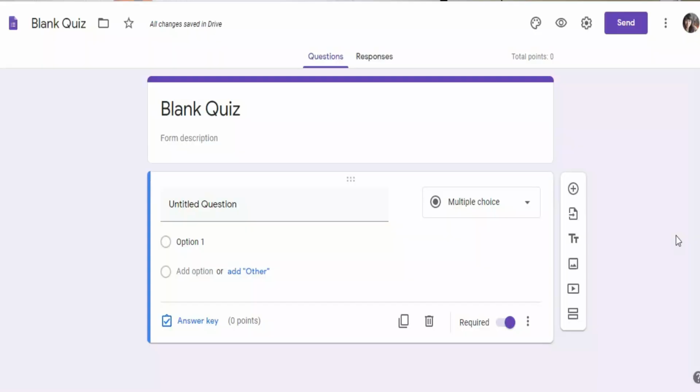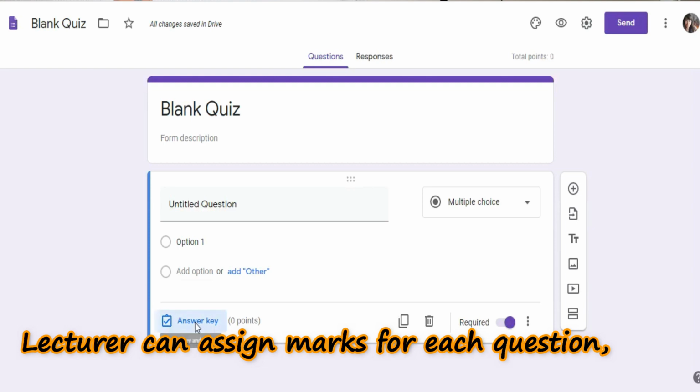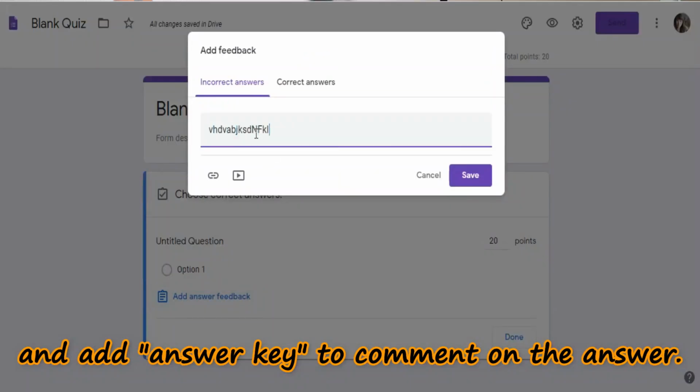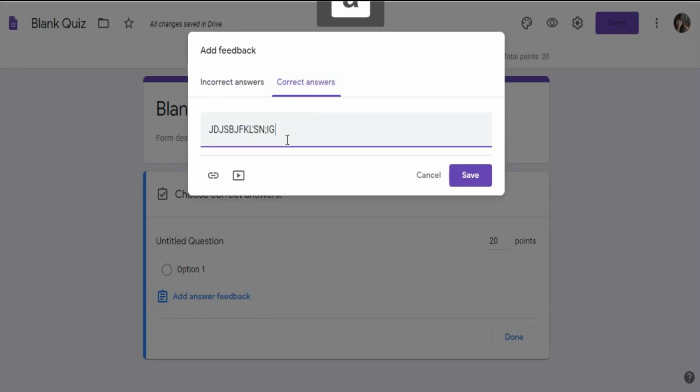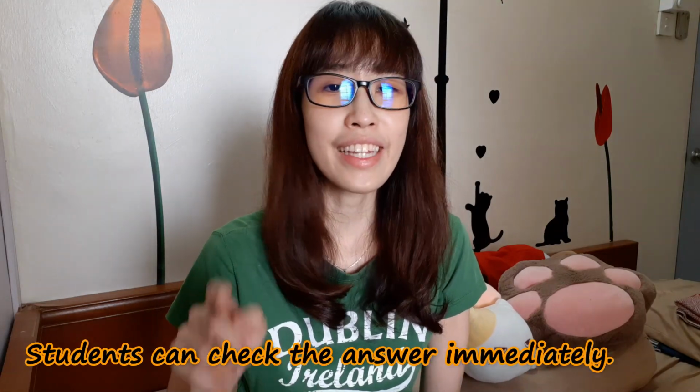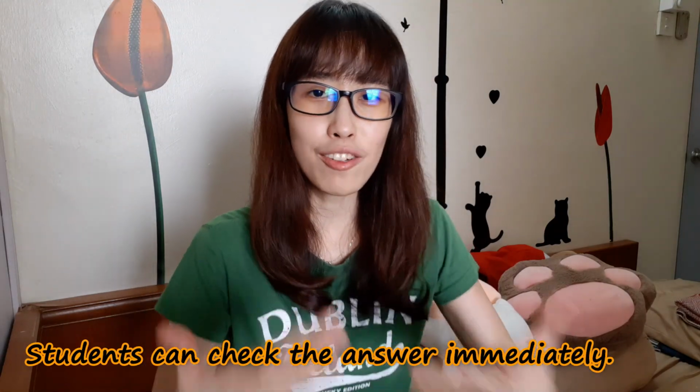Usually, lecturers will set multiple choice questions to serve as a recap to the students on a particular lesson. The quizzes will be linked to a Google form. The lecturer can assign marks for each of the questions and can even add answer key and comment on the incorrect and correct answers. So once the students submit the answer, they can immediately check for the answer and look at the comments by